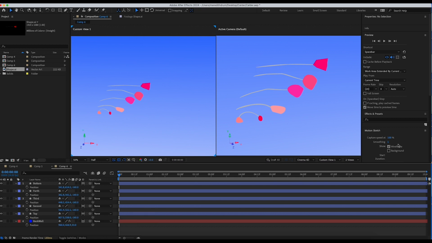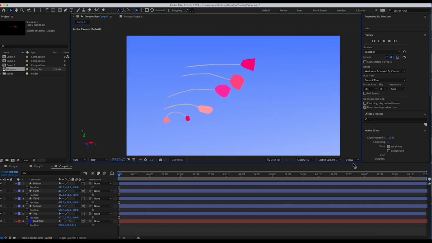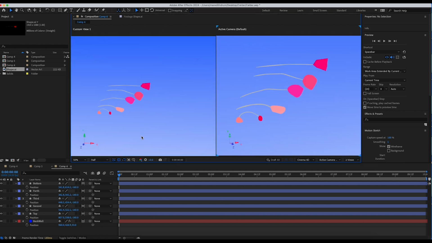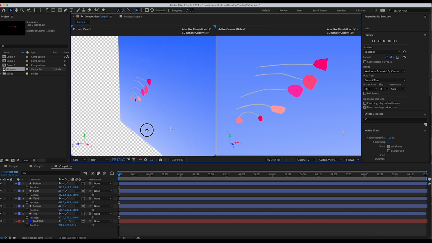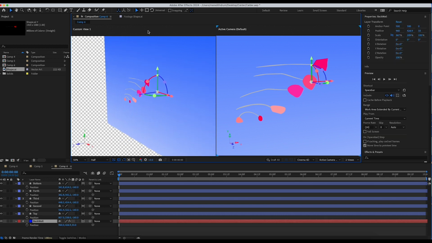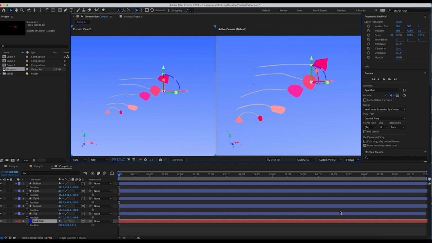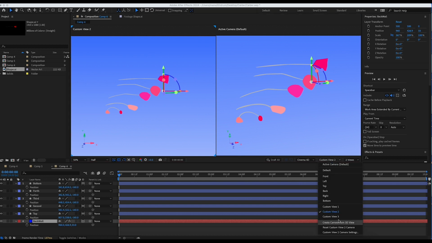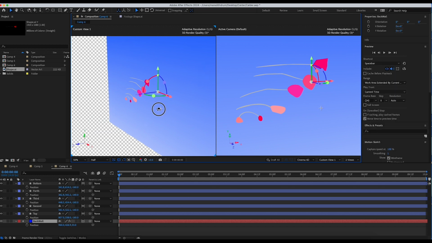So let's just go back to 1 view for a second. No, let's leave it at 2 view. Okay. Let's leave it at 2 view for now. Spin that around. Just so you know, you can change the camera view of these by left mouse clicking at the window, and you can change the custom view here. Let's say we wanted to do custom view 2, custom view 3, and then they're all changeable.